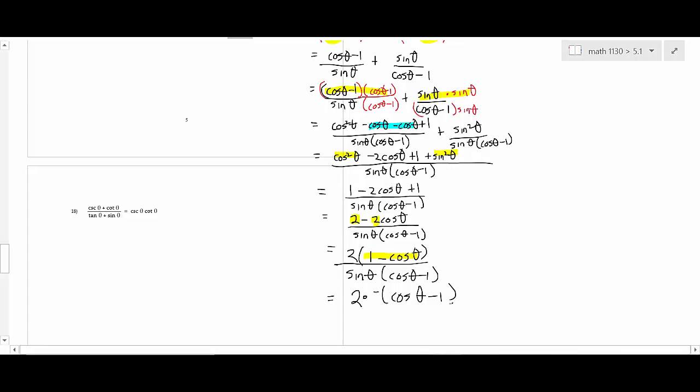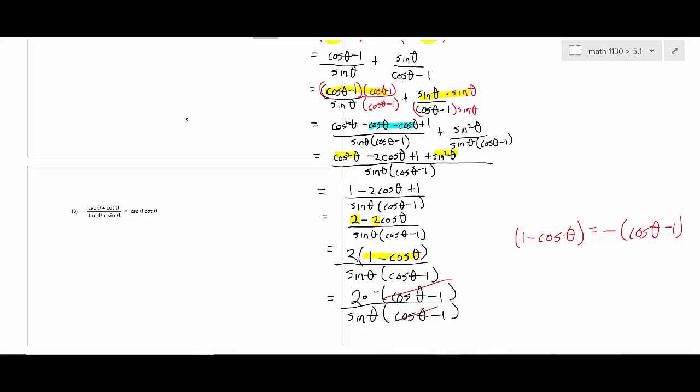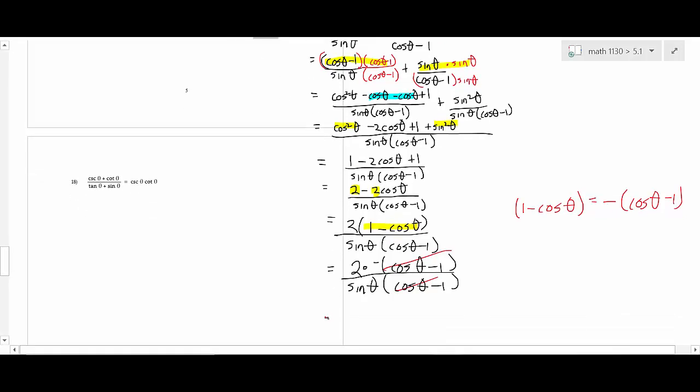Okay? And then what we have from here is the denominator comes down. We have sine theta times cosine theta minus 1. Now they cancel. So what I did is I changed 1 minus cosine theta to negative cosine theta minus 1. That's a common thing that you have to do with problems like this. Very common in algebra that you have to simplify like that. Okay, now let's see what we got left. We're left with that negative. We're left with a negative 2. So we've got negative 2